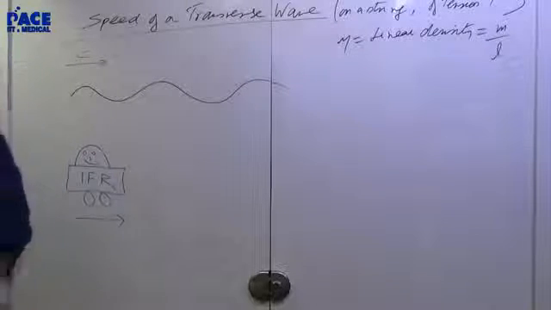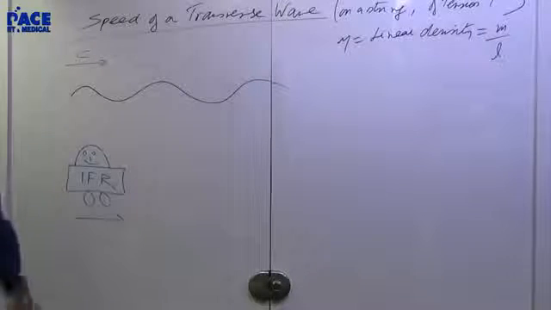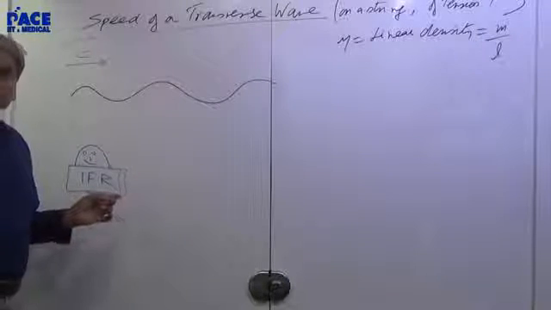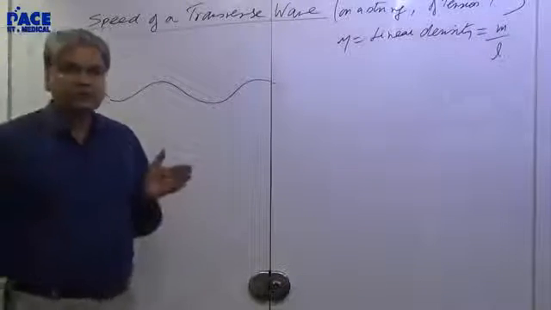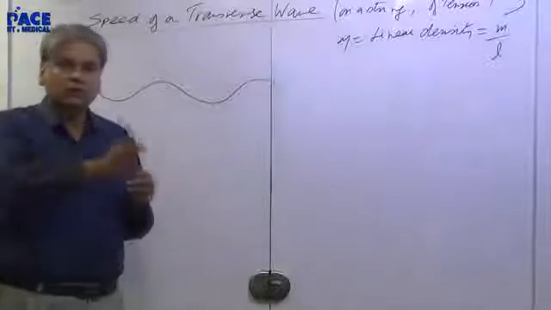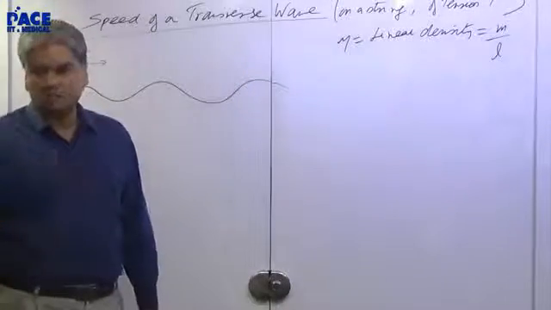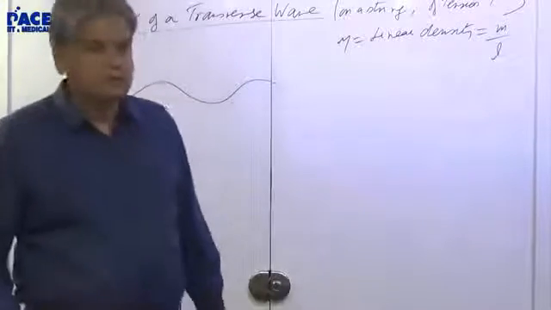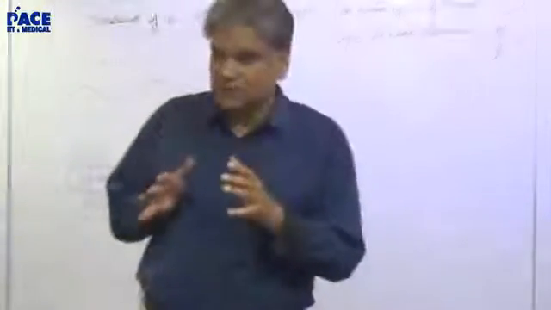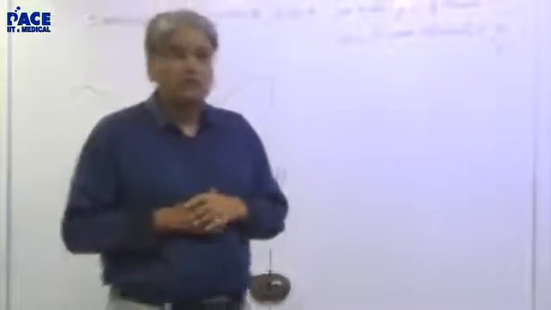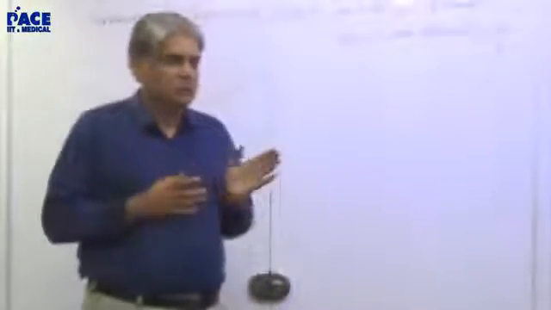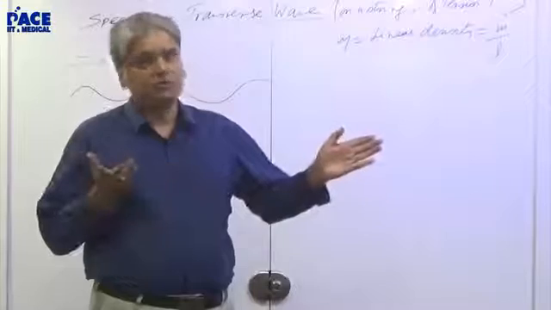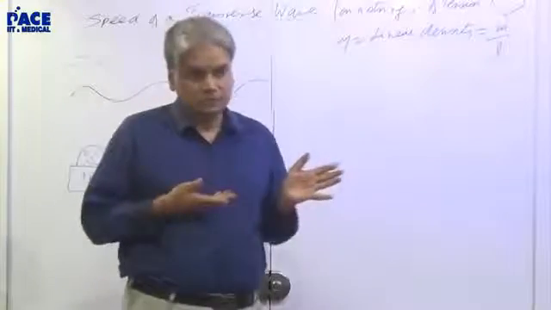You know the full form of IFR? Inertial frame of reference observer. Inertial frames are frames which are moving with a constant velocity with respect to another inertial frame. It is like saying that if something is done at the railway station, whatever life happens and the way you apply your laws, the same thing can be done on a railway train which goes with a constant speed. Life goes on as usual in the train also.